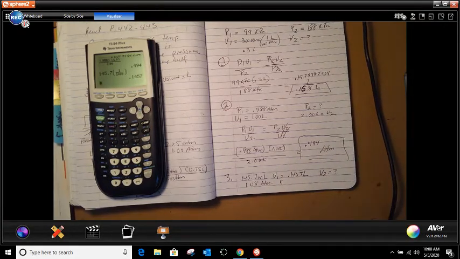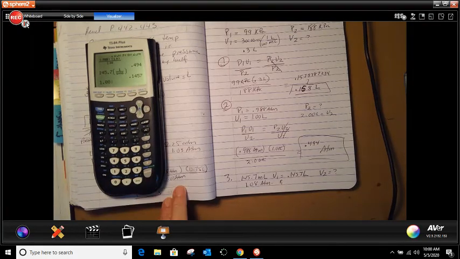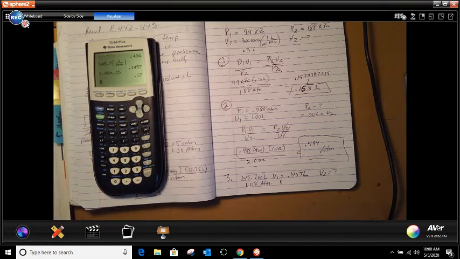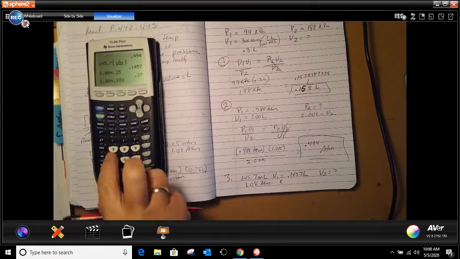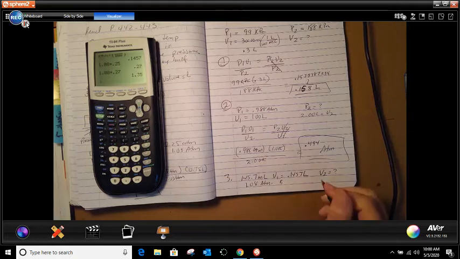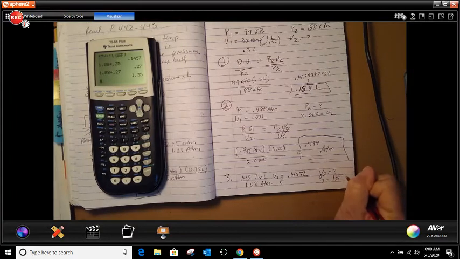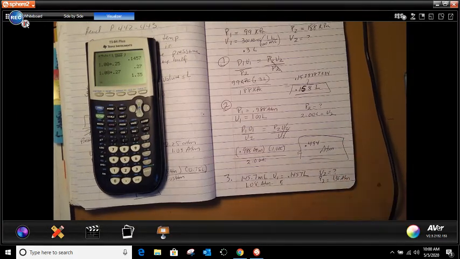If the piston is depressed, it increases the pressure by 25%. Okay, so if it was 1.08, and we're going to actually increase it by 25%, we're going to multiply that by 0.25. I get 0.27. So that's 1.08 plus 0.27, which would give me 1.35. Pressure 2 equals 1.35 atm. So based on that,